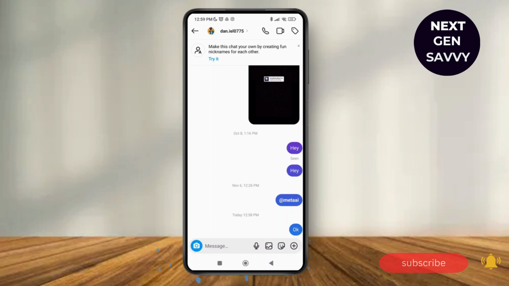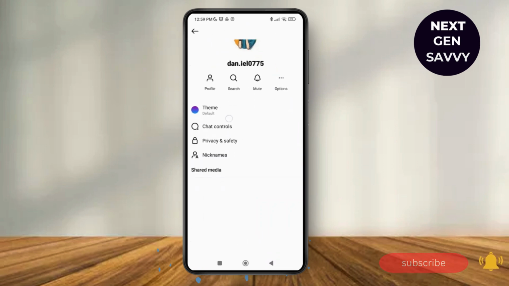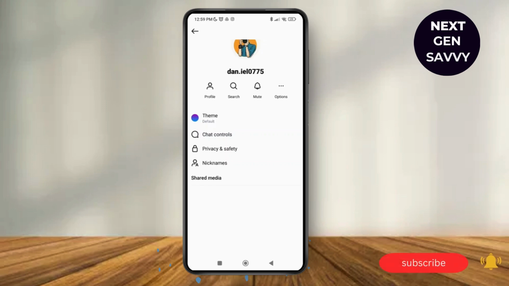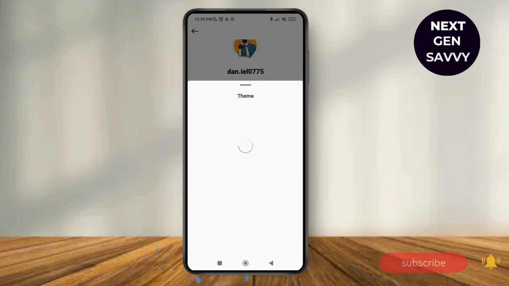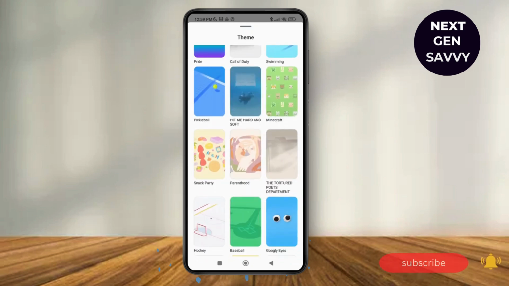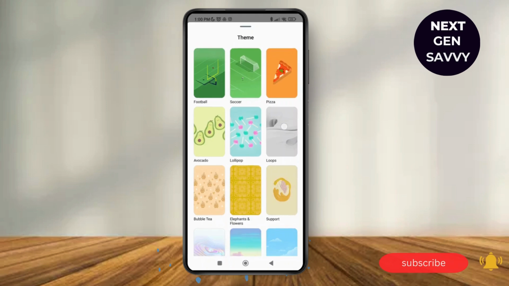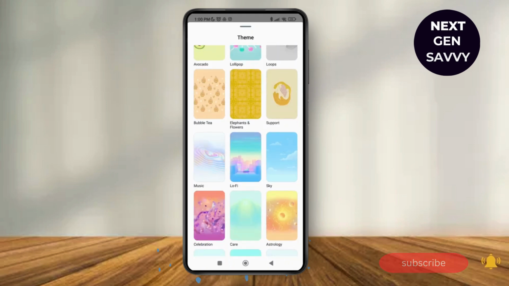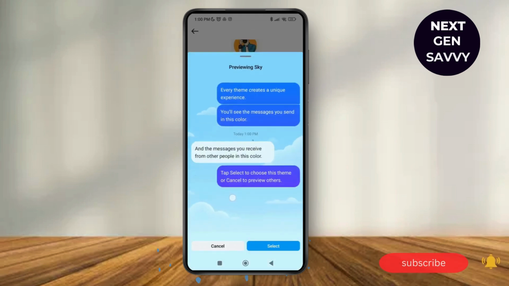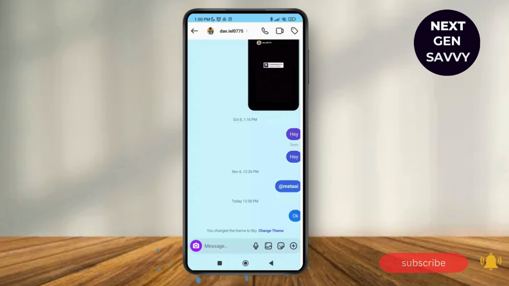Now tap on their profile over here at the top, and then here you can see the option of theme. So this is set as default right now, but you can change it by tapping on theme and you'll be able to see different options over here. You can select whichever theme is more convenient and more suitable for you. So I'm going to select this one over here, and you can get the preview like this. So you can just tap on select and you can just go back, and here you can see